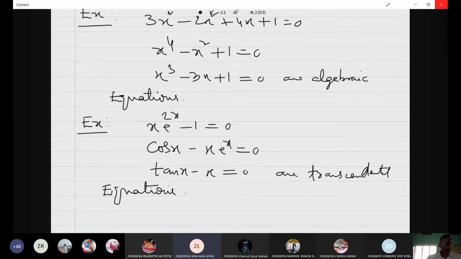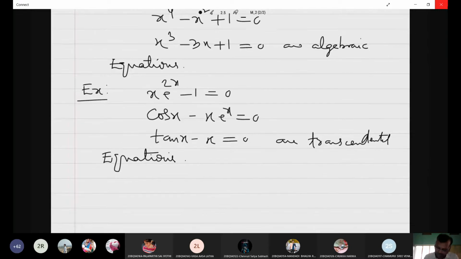Now, for these algebraic equations and transcendental equations, we can find the solutions, which are known as the roots or zeros. Suppose any real value we give for x satisfies the equation, then it is called a root of that equation. That means a number alpha for which f of alpha is equal to 0 is called the root of the equation. That is the definition of root. Root or zero, solution. That we have to note down here.